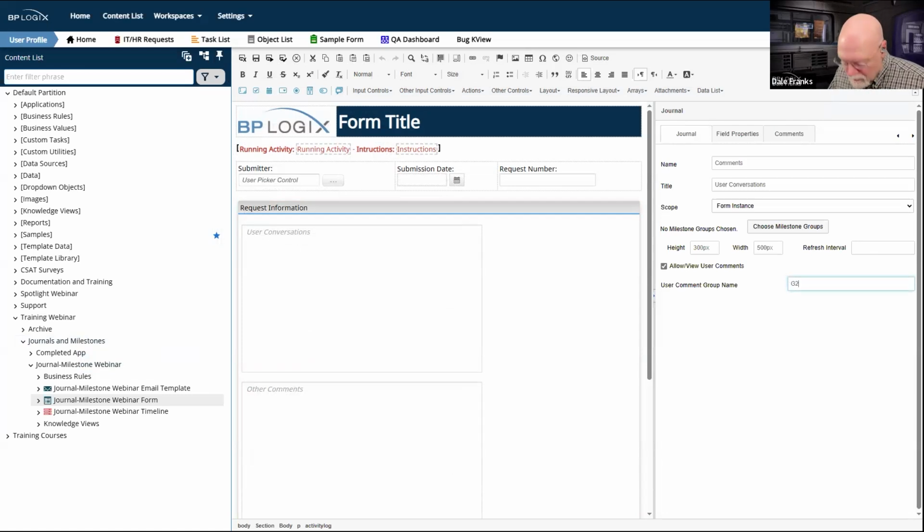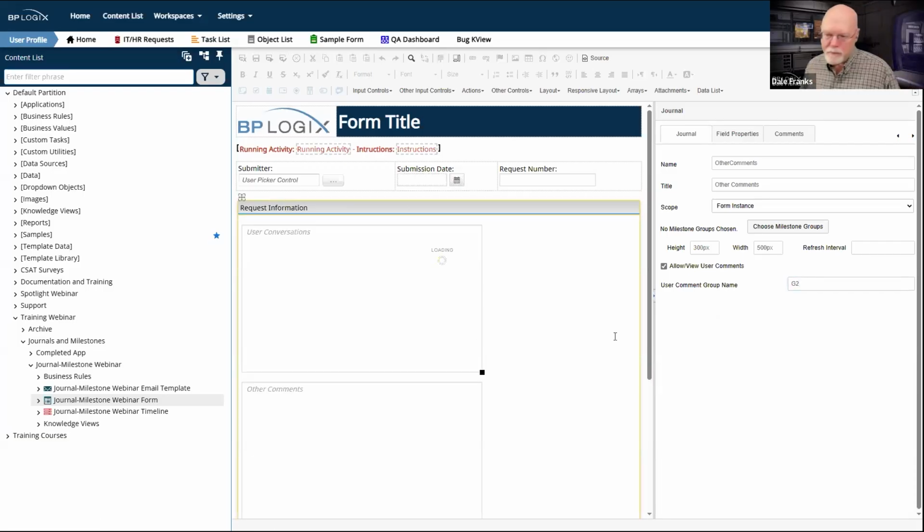So once again, we'll go back here to G2 and we'll select this one up at the top. Actually, that one was already selected, so I wanted to make that one G1. This is the one that I want to select and make G2. There we go. Now we can run our form again.